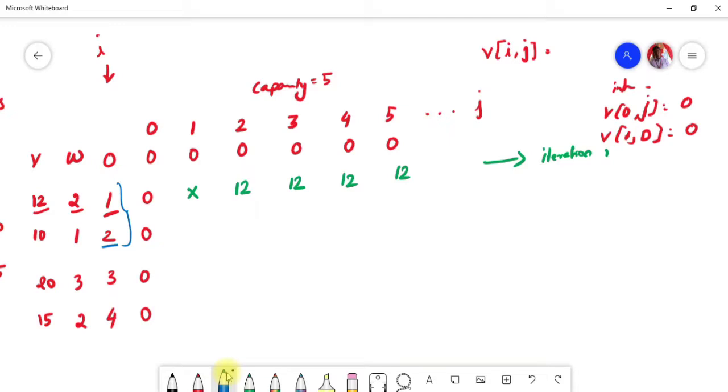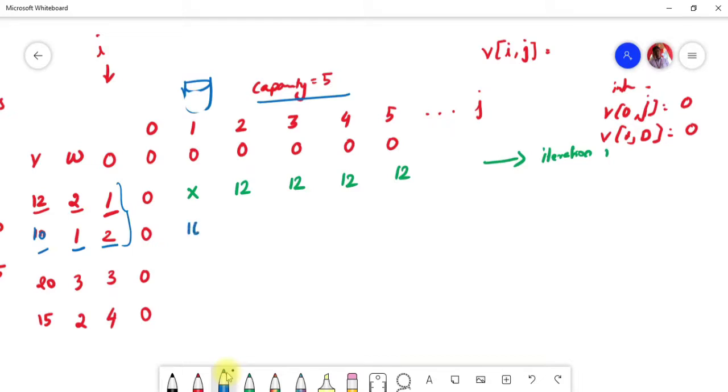Let me explain. For item number 2, the weight is going to be 1. I have weight only 1. That means here you can look at the capacities, the weight capacity, which is nothing but a weight condition. Yes, of course I can accommodate in this case, right? Here this bag size has weight 1, so of course I can accommodate item number 2. Let me erase this, as it will create some confusion over here. Okay, so here I'm going to accommodate item number 2, and the value for item number 2 is 10, right?